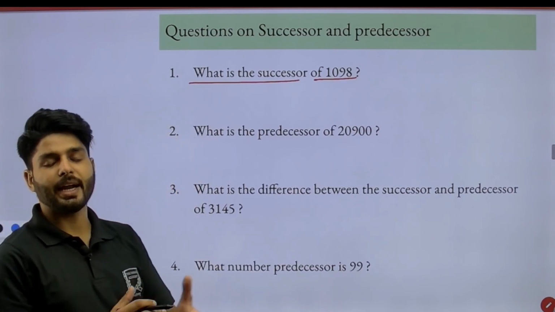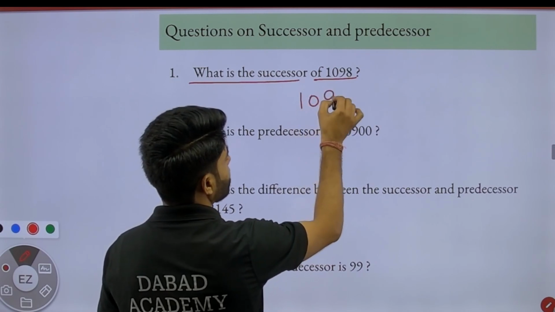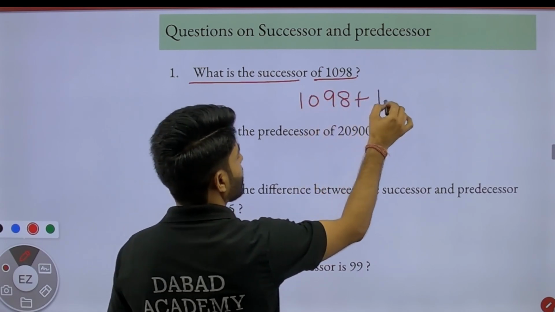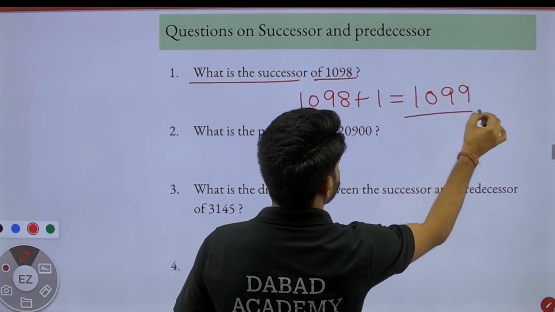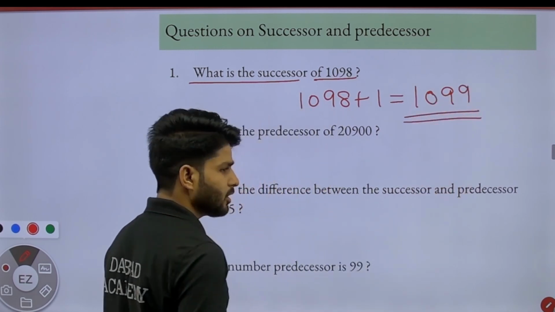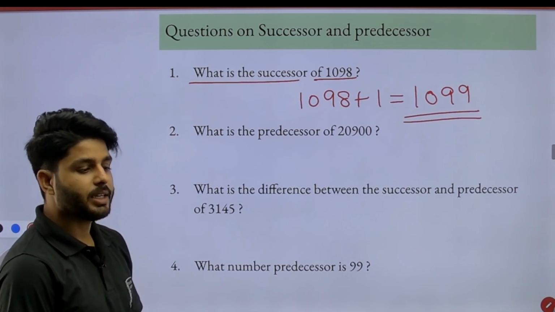We just add 1 to the given number. The given number is 1098. When we add 1 to that number, it equals 1099. It means 1099 is the successor of 1098. So the next question is, what is the predecessor of